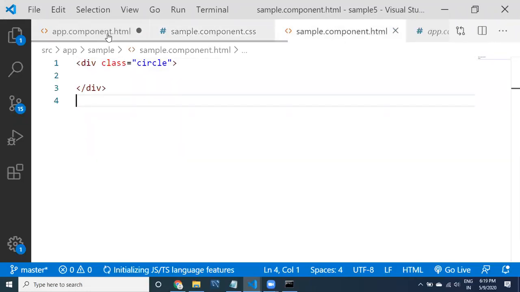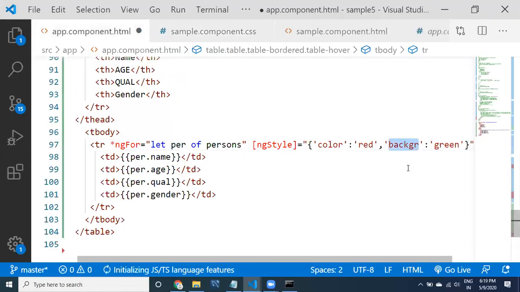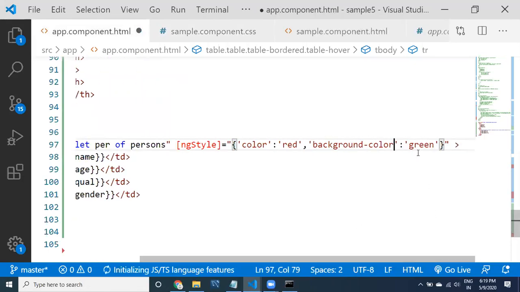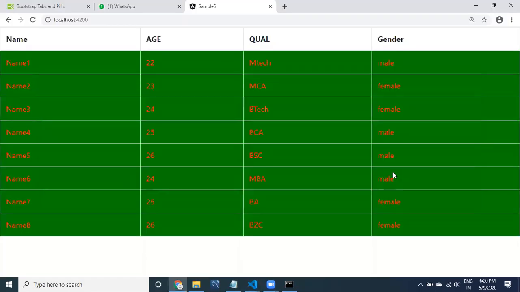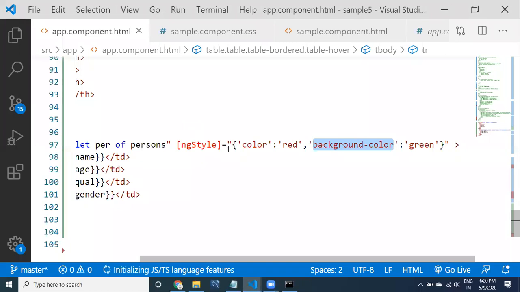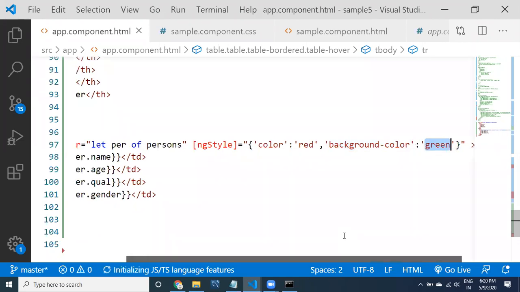I keep telling you I'm not an expert in CSS, guys, but I remember only a few things. Now I have provided the style name, so this is the background. Of course, this is not looking good, these are odd colors I have used. You can use a color combination to make your UI beautiful. No problem. Maybe you can use light colors, whatever colors you like. This is the example of how to use styles.